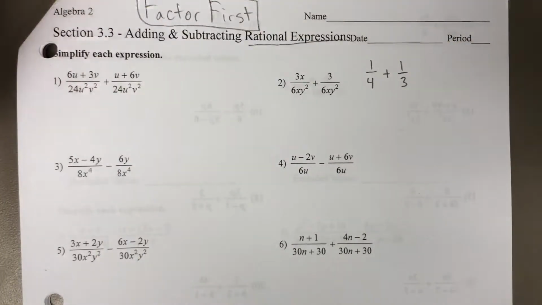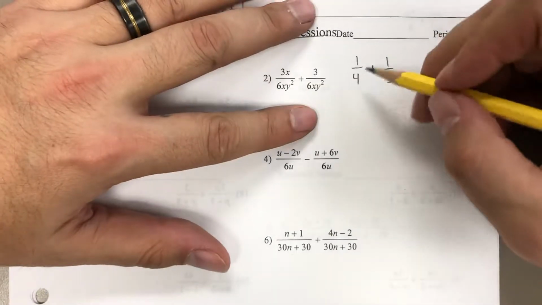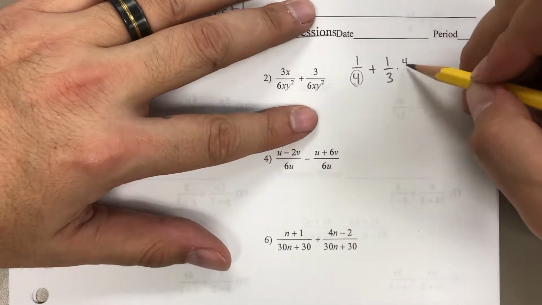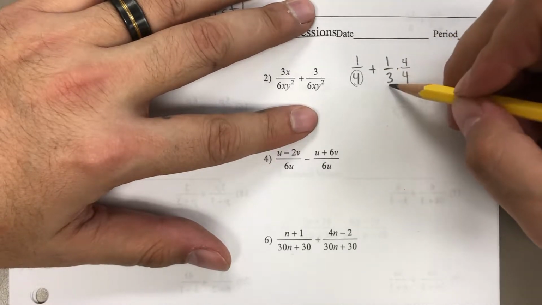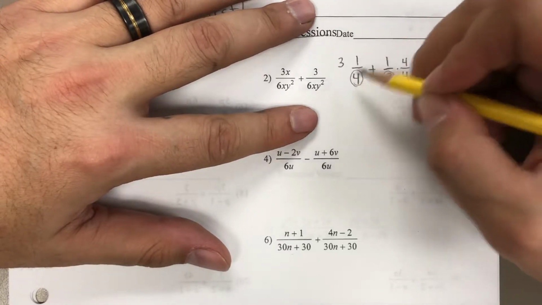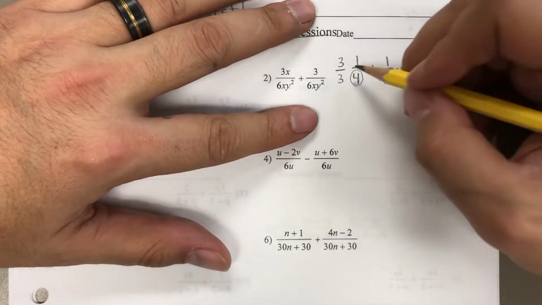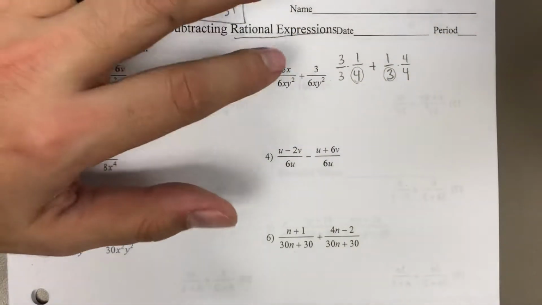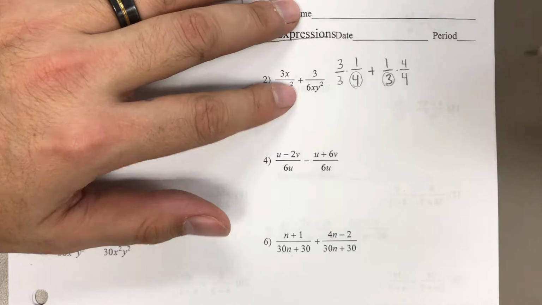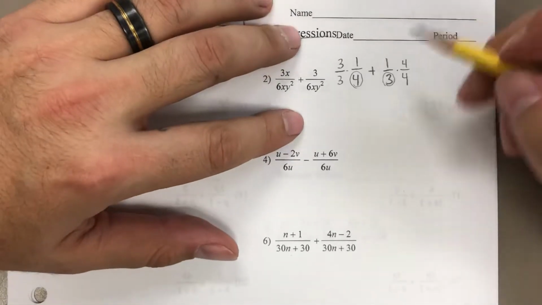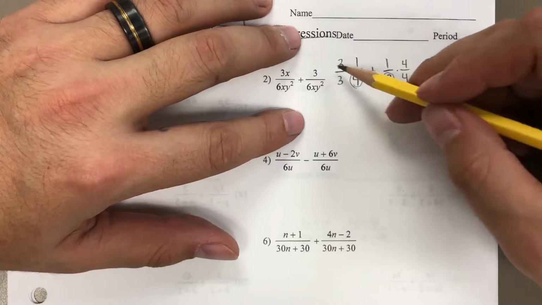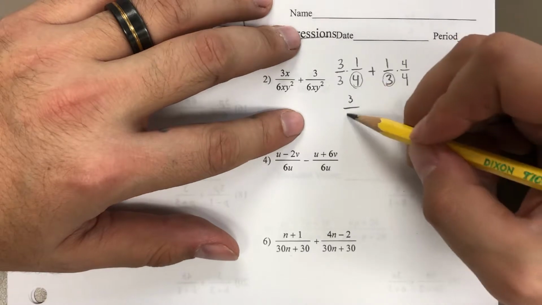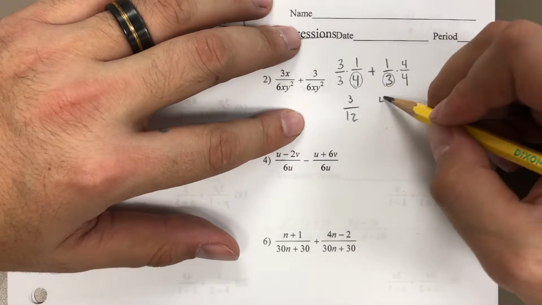A quick way of doing it is to just multiply the denominator of one onto the numerator and denominator of the other fraction, and do the same thing with the other one. The reason we have to do both the numerator and denominator is because 3/3 is 1, so it's just multiplying by 1, and that doesn't change the fraction. Then you multiply straight across the top and straight across the bottom. So 3 times 1 is 3, 3 times 4 is 12, 1 times 4 is 4, 3 times 4 is